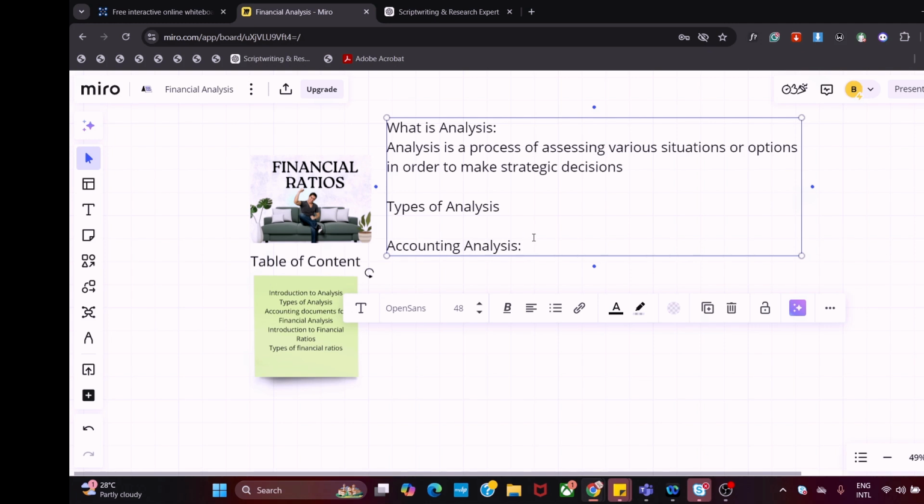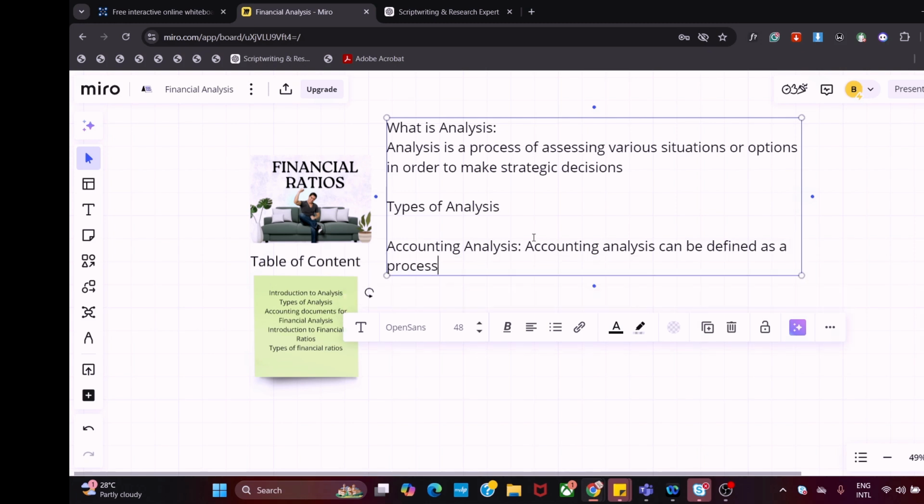So when you're talking about the accounting analysis, we are trying to analyze financial records to ensure that they are free of financial errors. So let's go ahead and take a note. So accounting analysis can be defined as the process of analyzing accounting records